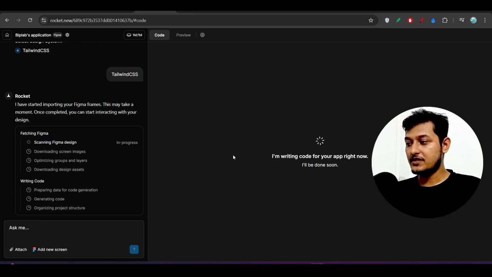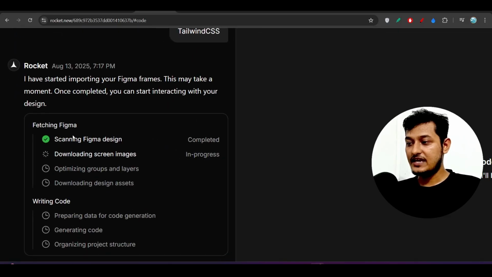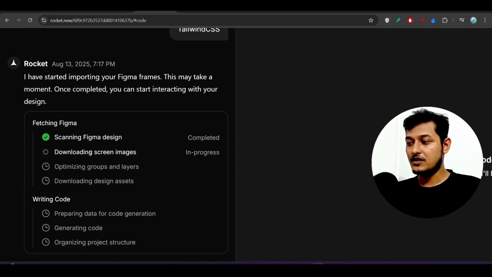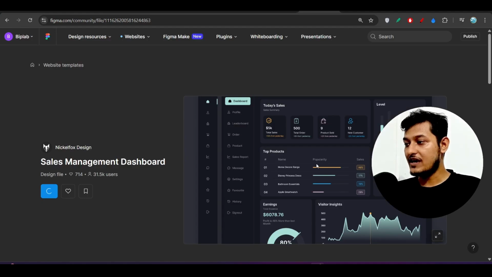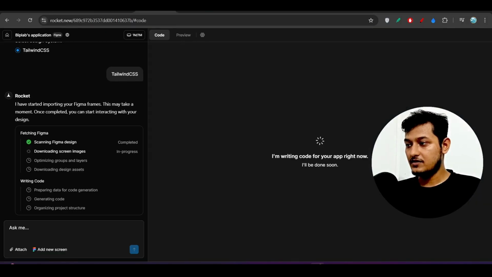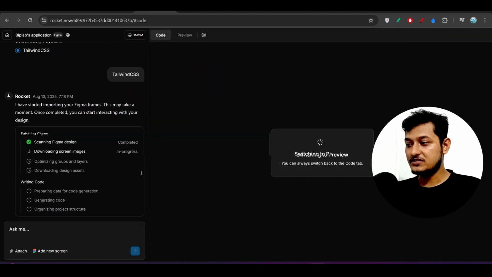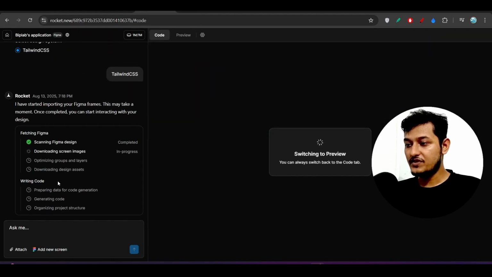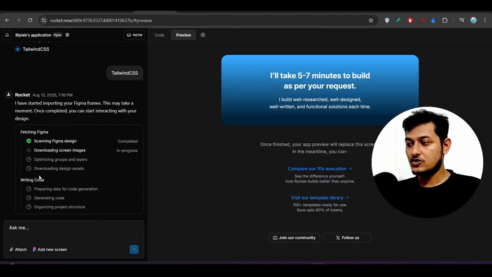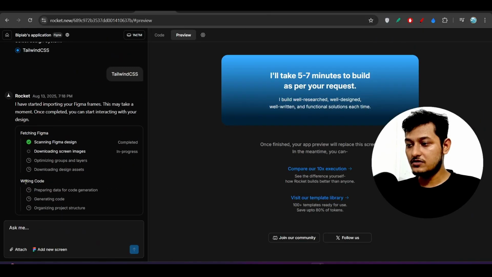and after that it will go through some stages. Here you see it is scanning the Figma design, and after that downloading screen images. You see that in our design we have some images, right? So it will download those images, and after that here you see optimizing groups and layers, downloading design assets, switching to preview, and it has not yet gone through writing code right now,